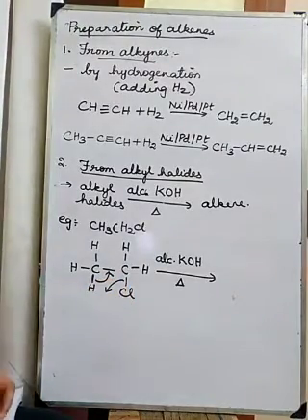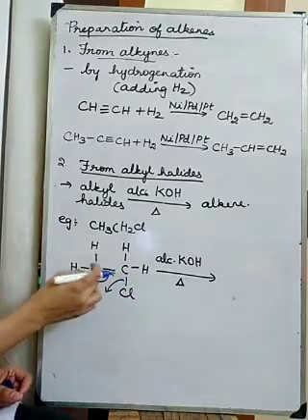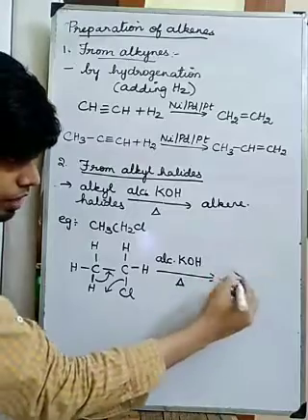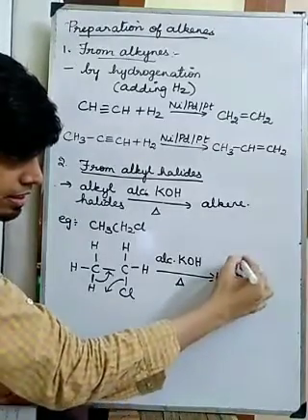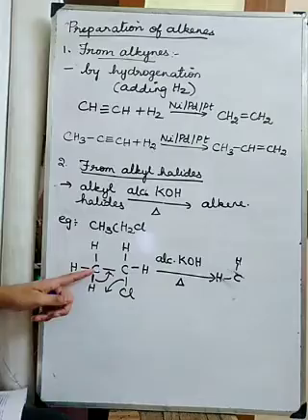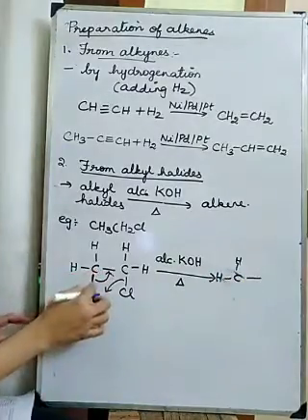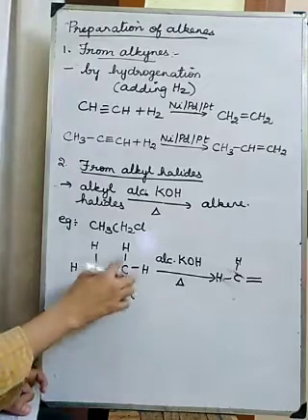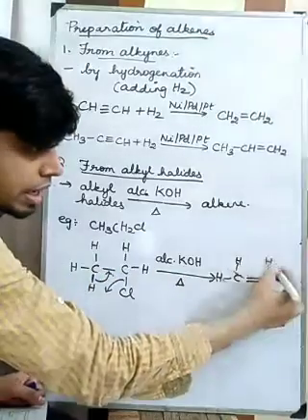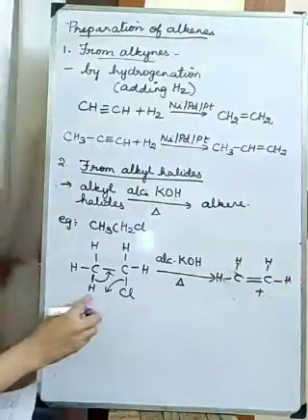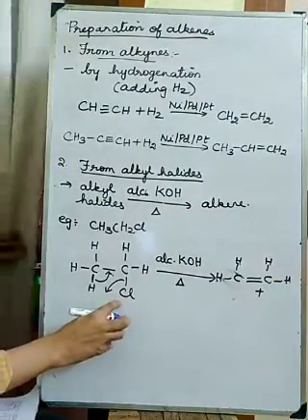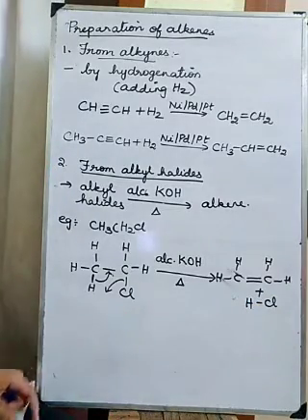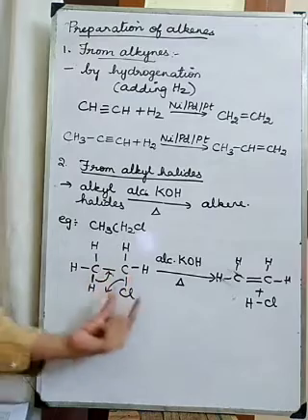Tell me. If this bond goes here, what will I get? Already I am having CH2 like this. Already one bond is present. Now this bond also is going there, so it will become a double bond. Then the remaining is CH2. Now a bond is formed between hydrogen and Cl, so it will form HCl. So what are the compounds removed from here?